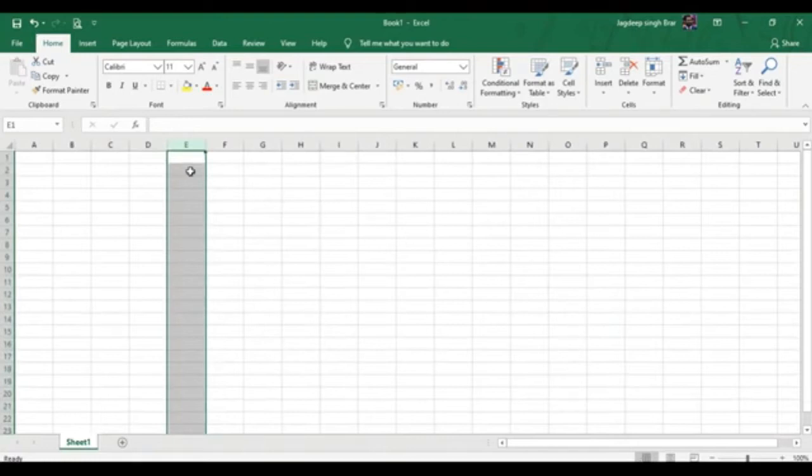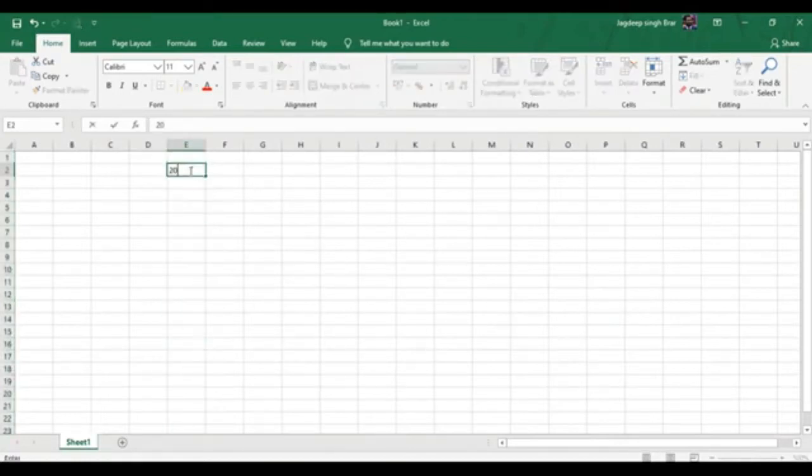Next is zoom control. So let's type some information, for example, 20. Now come to the zoom.